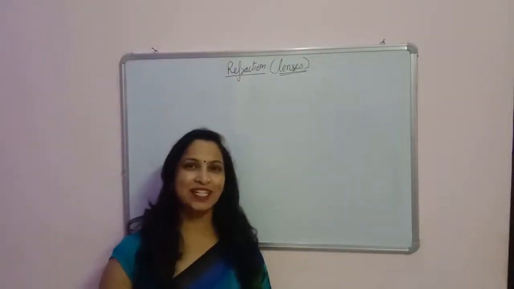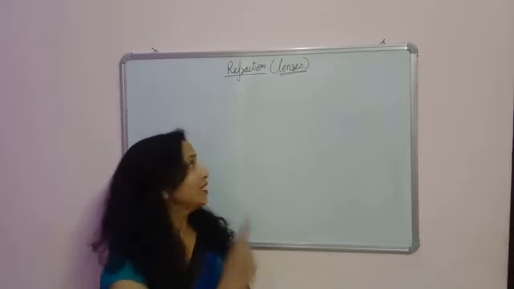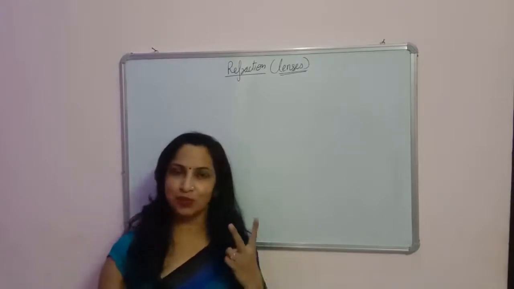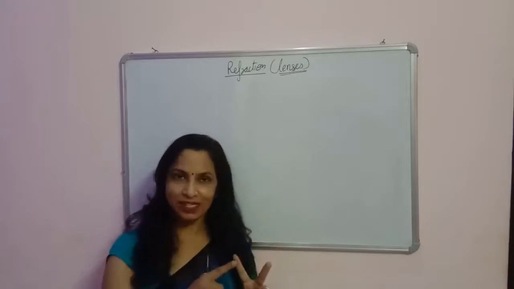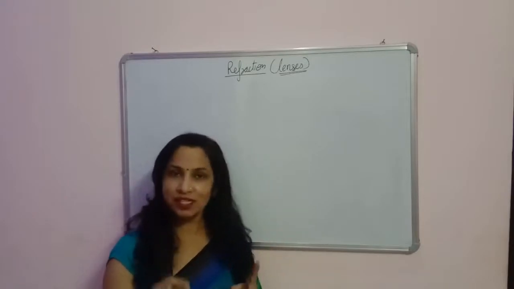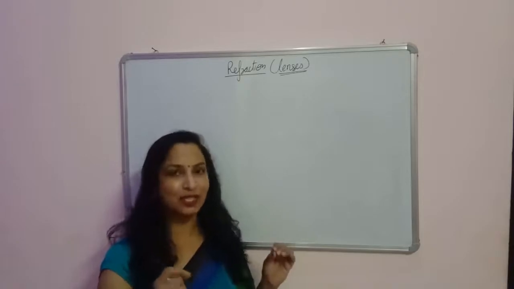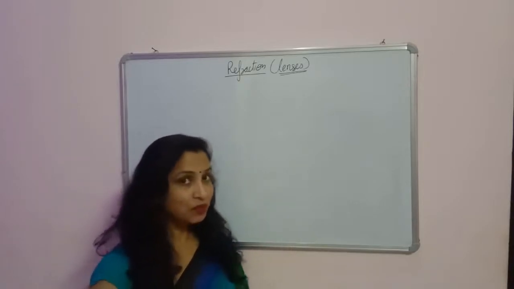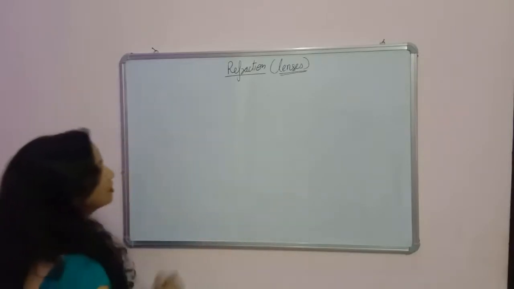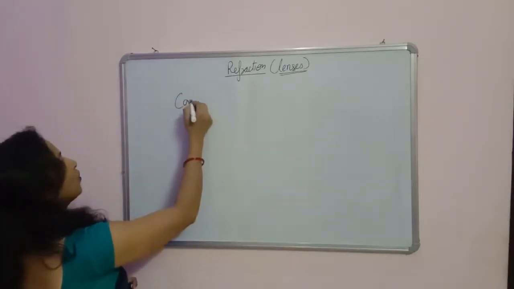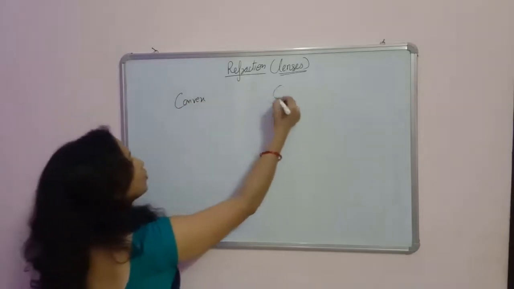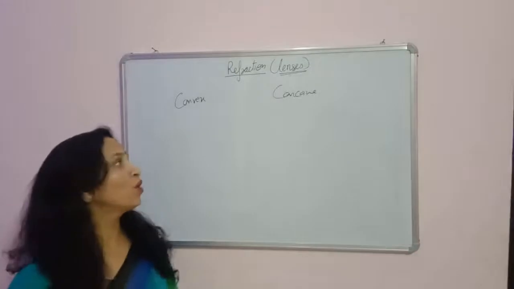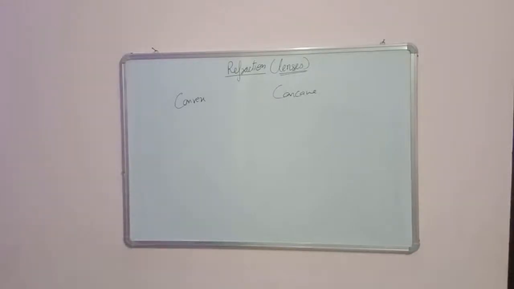Good morning friends. Now start the next part of the chapter, that is the lenses in refraction. Refraction through the lenses. We have two lenses in our syllabus, convex and the concave lenses. So first I will explain you what the lenses actually are and some definitions related to the lenses. First we have two types of lenses, convex and concave lens.